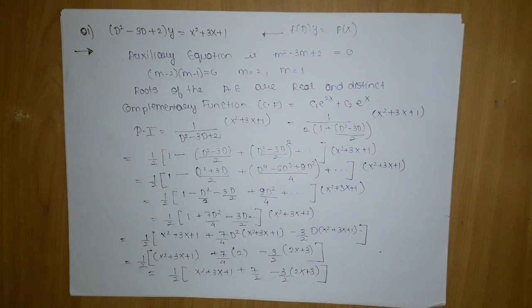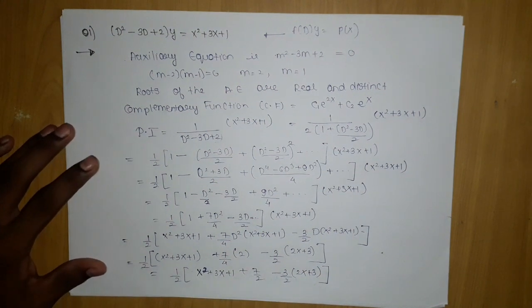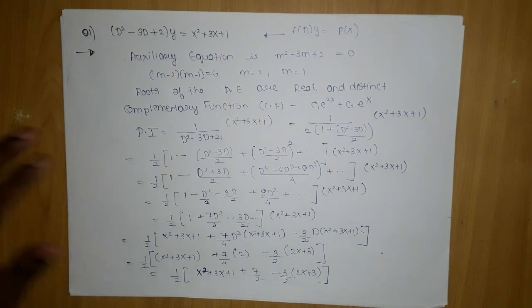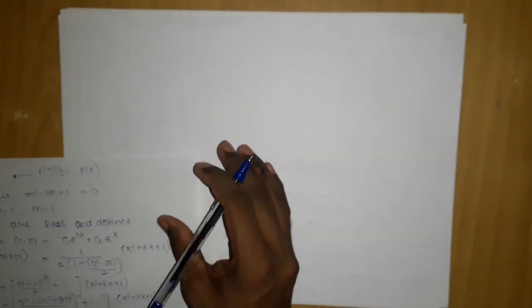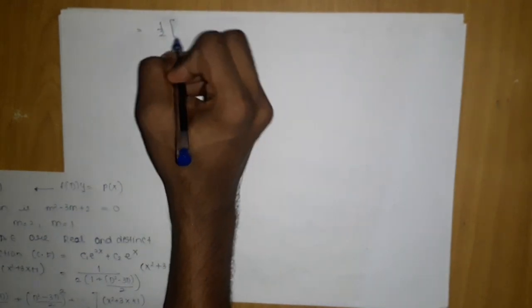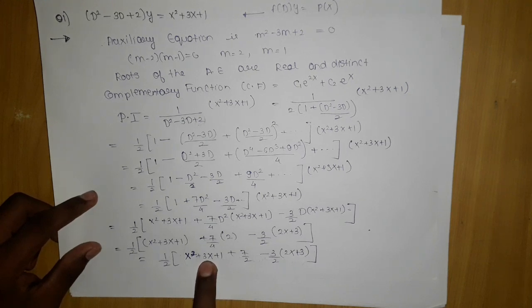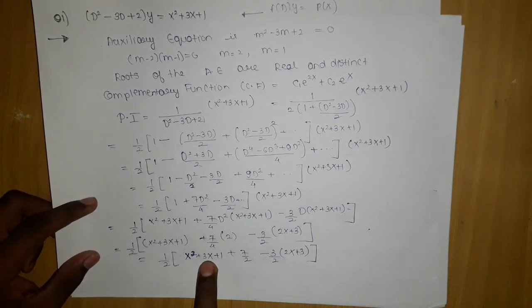So this is all the thing which is required to get the particular integral. Now you just need to arrange the terms and try to get the final answer. If we try to arrange the terms, 1 by 2 is there as it is. Now if you observe, the x square term is 1 only, and here this 2 will cancel out and this will become minus 3x and plus 3x, plus 3x and minus 3x, if I'm right.